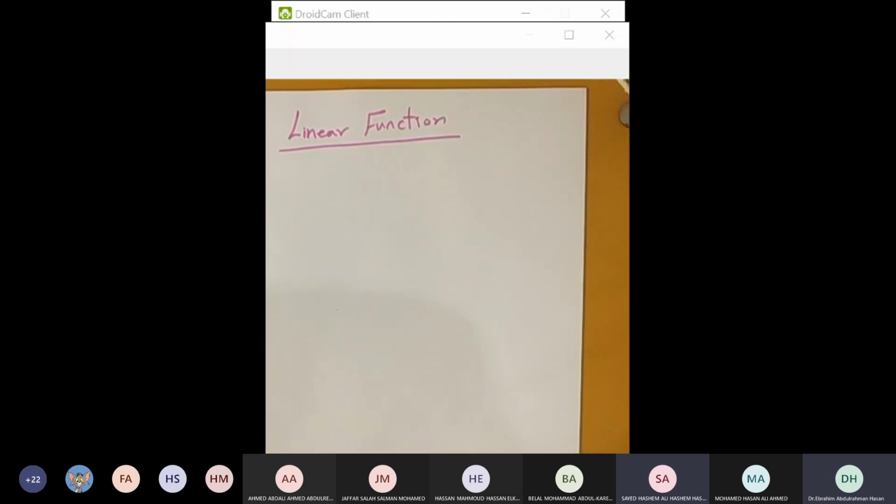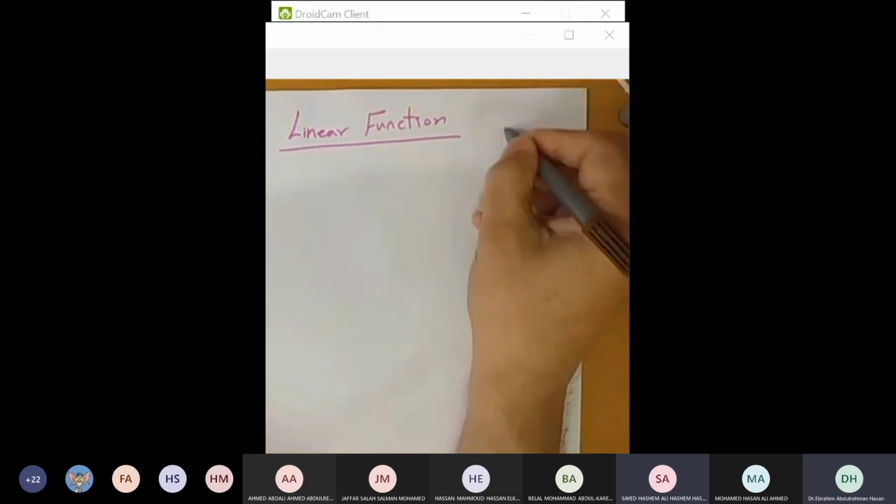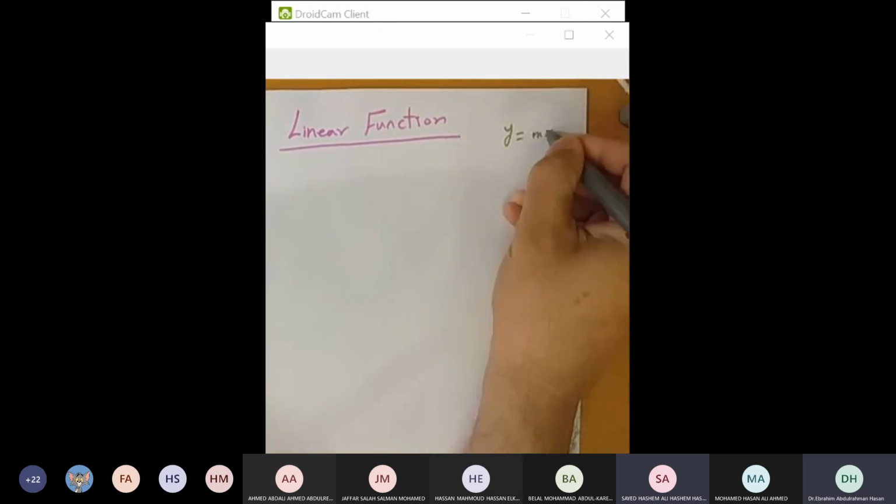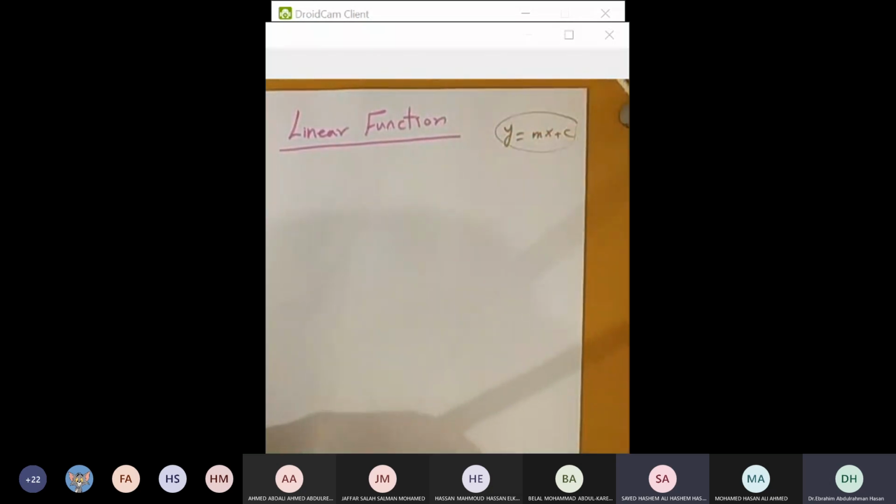Well, in a linear function we have one dependent and one independent variable. Okay, and the relation between the two is a straight line. So this is a linear function. So you are familiar with this one, y equals mx plus c. Okay, a linear system. So here